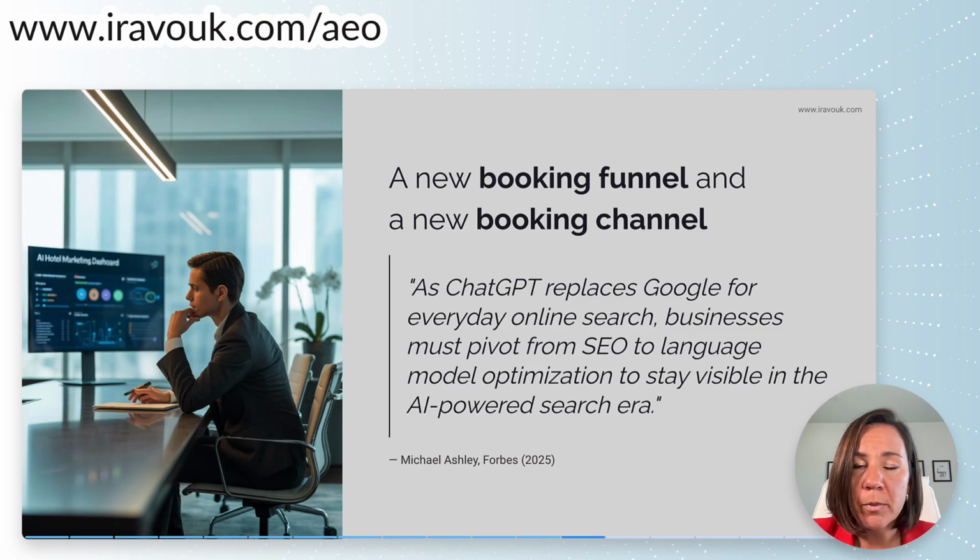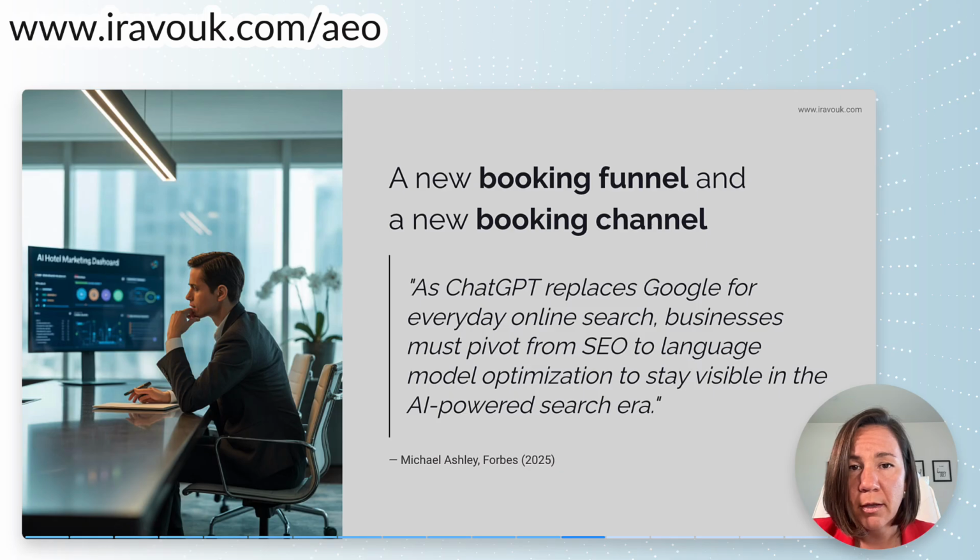Let's be clear, your website is not going the way of the fax machine yet. AI still leans on the websites a lot for context, for booking flows. Let's be honest also, the hotel industry is way too fragmented to ever run on pure APIs. So no, your website isn't disappearing, but it is evolving, or it has to. Hotel websites can't just be dressed up for human eyeballs or designed to please Google's SEO bots anymore. They now need to speak AI fluently.